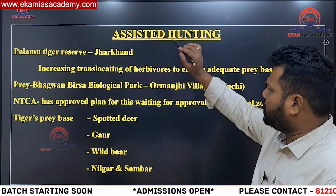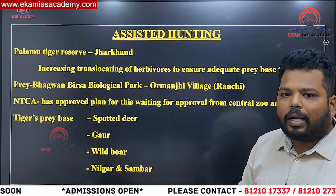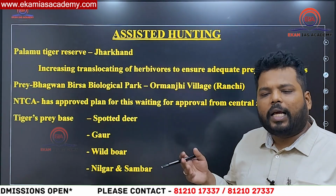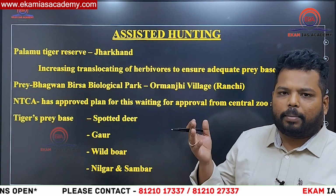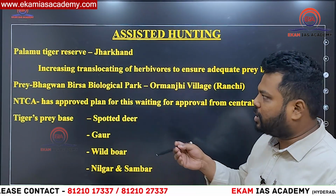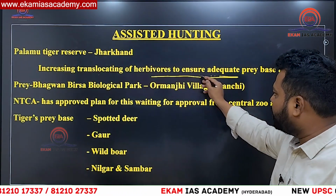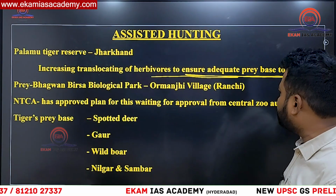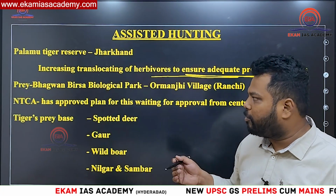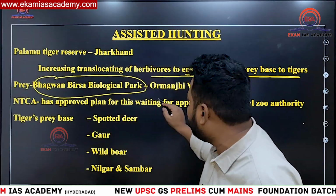So generally, what is this article about assisted hunting? It means that forest officials, after training, are making the prey move to these particular locations artificially. There has been increasing translocation of herbivores to ensure an adequate prey base for the tigers. This prey has been taken to Palamu Tiger Reserve from Bhagwan Birsa Biological Park, which is